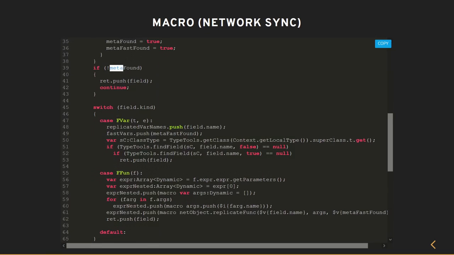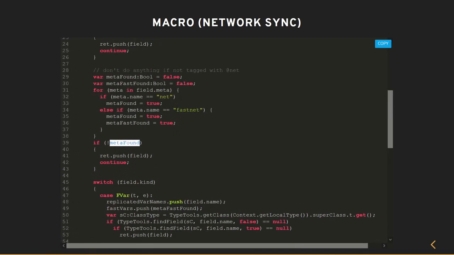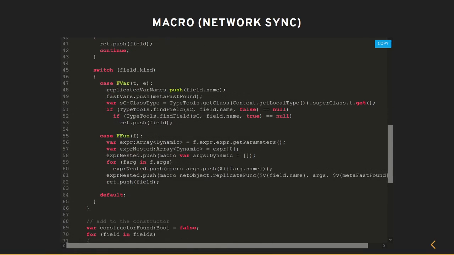Right. So if the variable or function doesn't have any of our net or fastnet tags, then we don't do anything to it. Next, we determine which kind of field it is, if it's a variable or a function. This syntax is a switch, but a pattern matching switch.